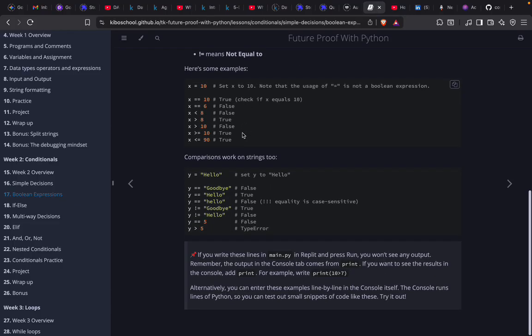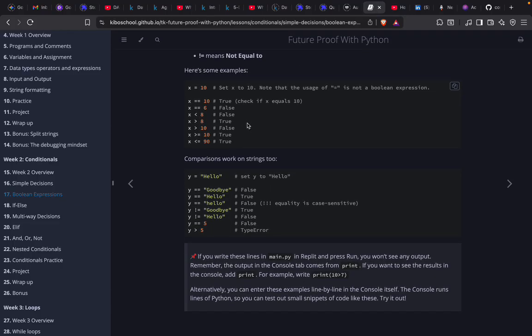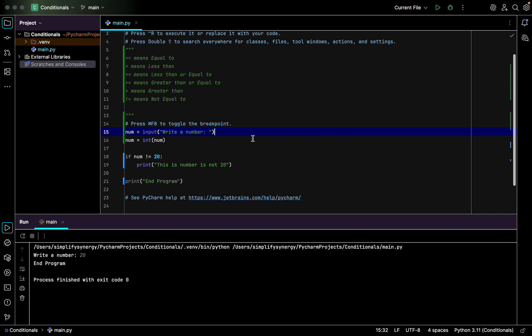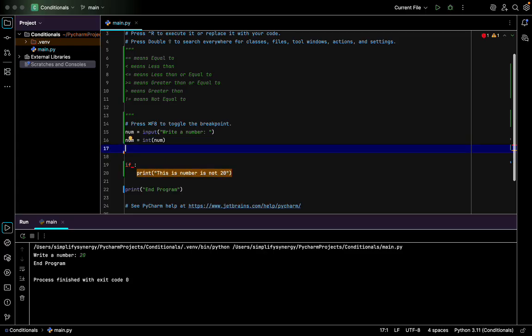For now, maybe as time goes on, if we encounter the other ones, I will let you know. It's also possible to store the value of a Boolean, like this num equal to 20. I can store it as a value, as a variable. Another thing is that this value actually evaluates to true or false. Let me try it. Let me cut this. Okay, let's call it truth value is equal to